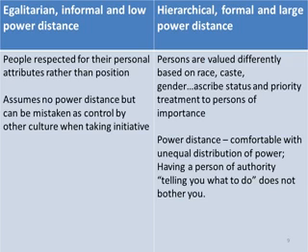In other cultures, you'll see that persons are valued differently based on their race, their caste, their gender. Status and priority of treatment are ascribed to them based on their importance in that society. Power distance. Most of those people are very comfortable with unequal distribution of power and with having a person of authority telling others what to do. You may see Americans balking at what their boss tells them. People from other cultures, for example from India, would never think of balking or complaining about what someone over them tells them to do.